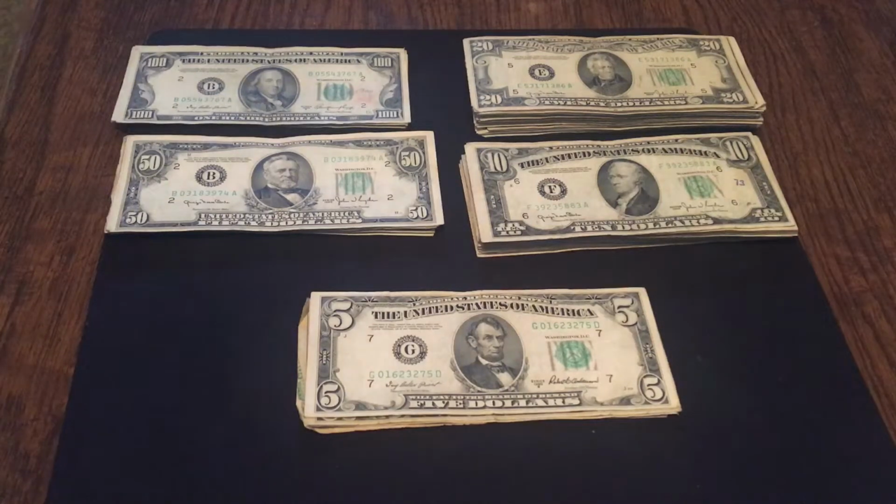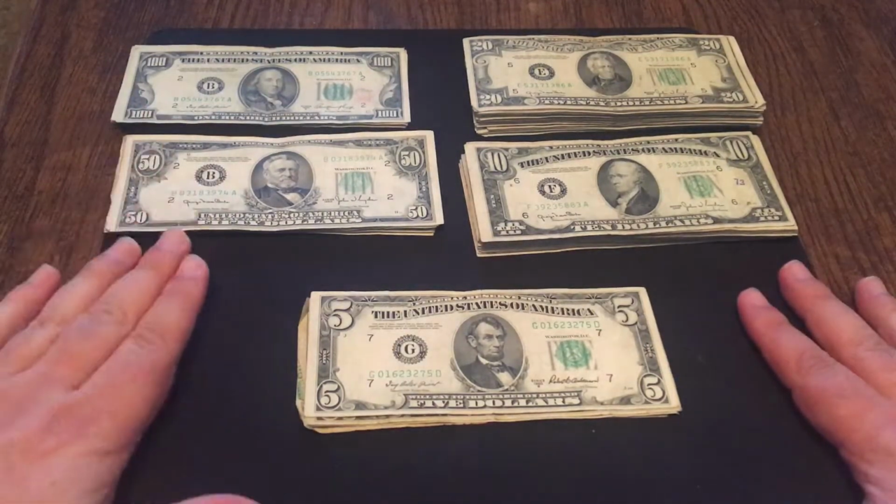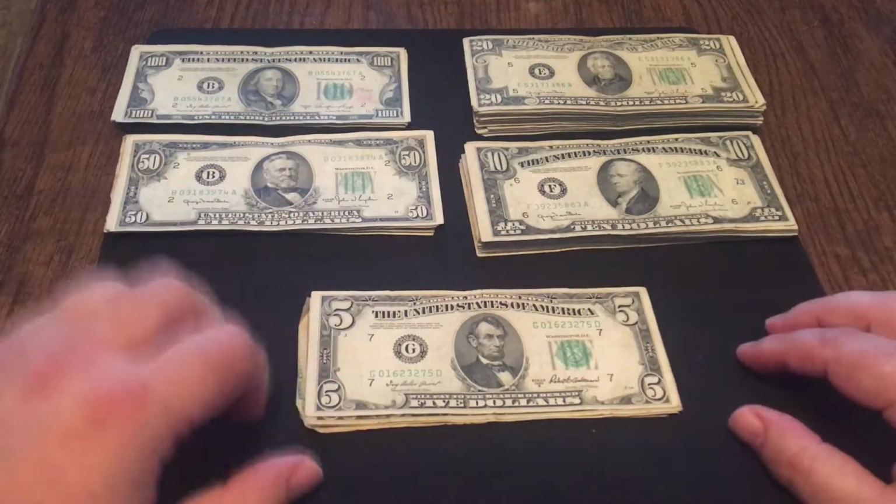Hey everyone, I've said it in the past, I'll say it again. It pays off to be nice to the tellers at the bank. It also pays off to have a little bit of money tucked aside for emergencies, and boy was this an